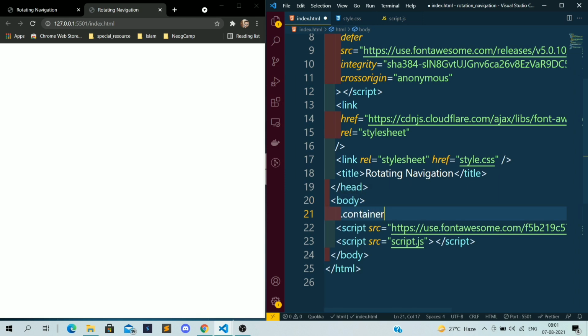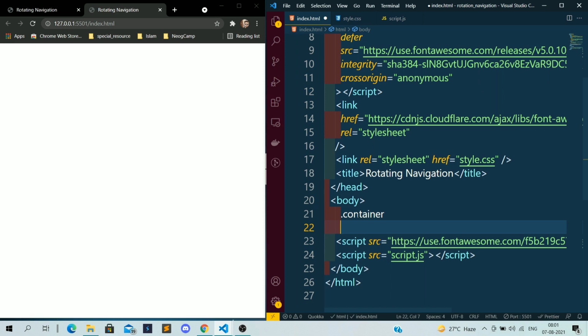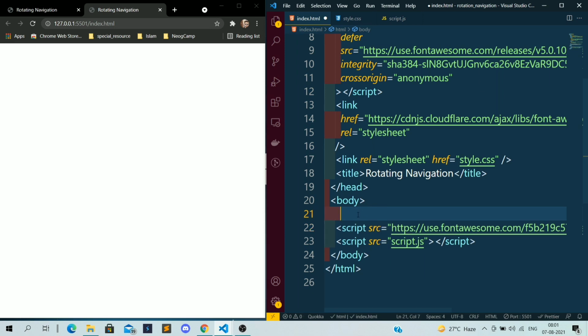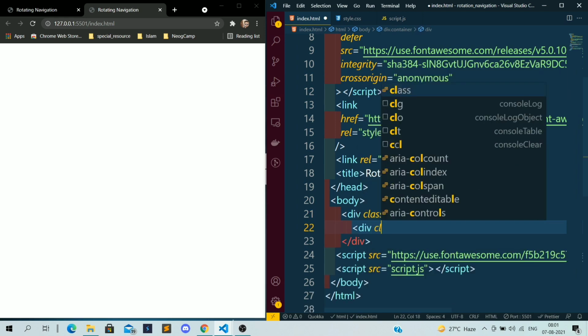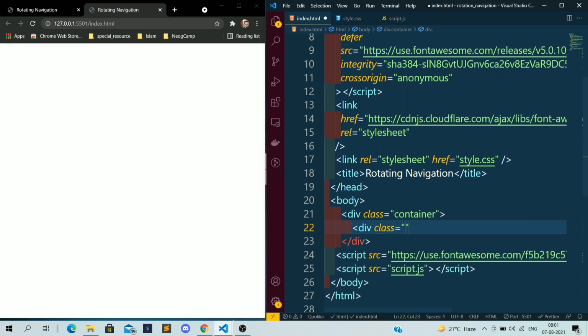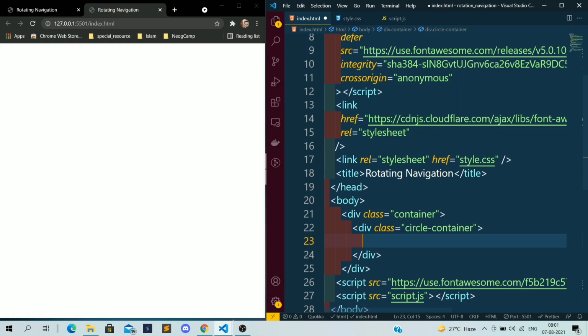The image is not working as of now, so I will add it normally. So a div having a class container, and inside that one more div having a class circle-container. I will explain later why I need these divs.